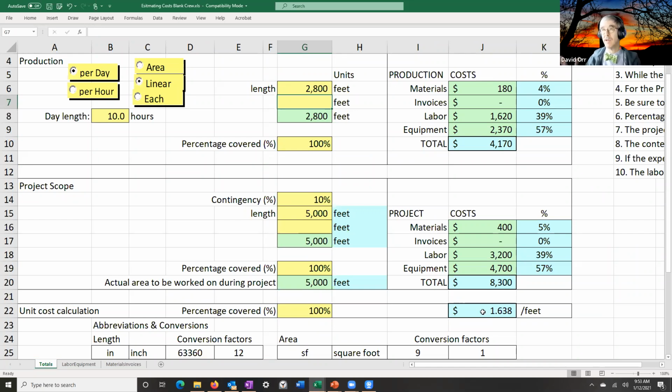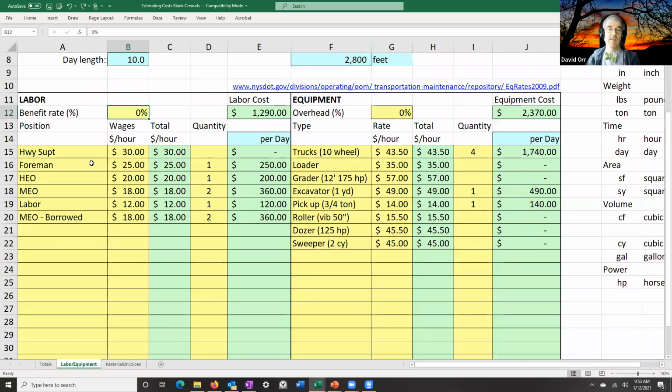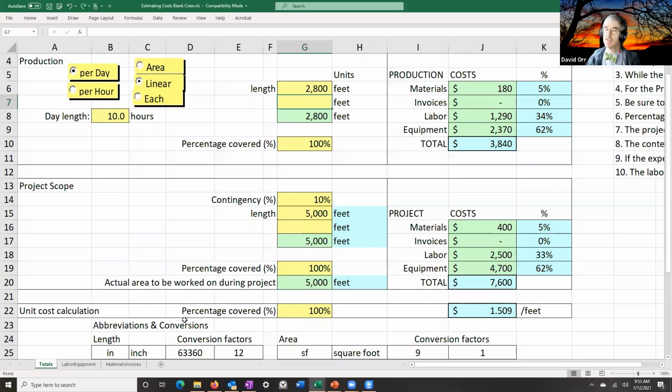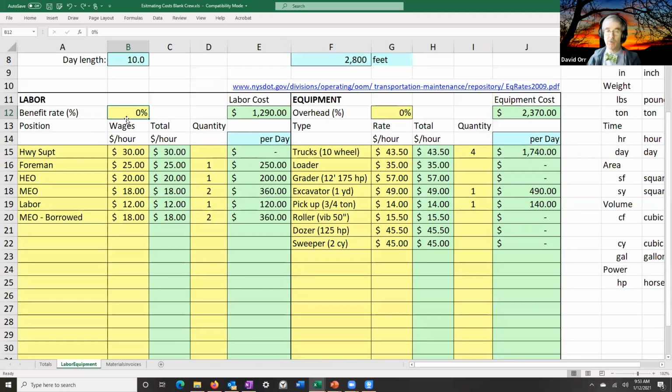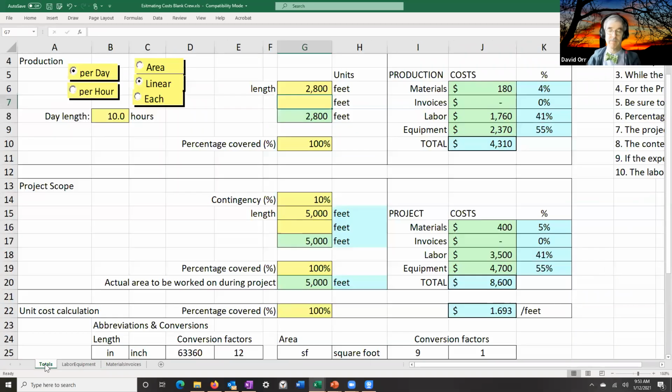Again, I'm keeping it 3 digits. I'm rounding a little bit, rounding up, by the way, every time. There's an extra cost involved. By just doing that one activity of changing the benefit rate, I changed the price per foot. I changed the overall price. So again, know your benefit rate, put the proper number in. If that jumped to 50%, it's up another dime per foot. So keep that in mind. We need to really do that.